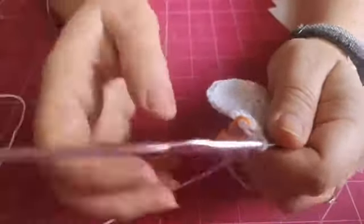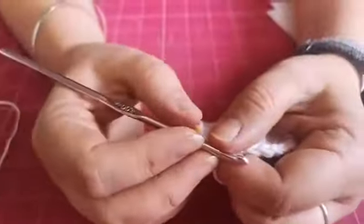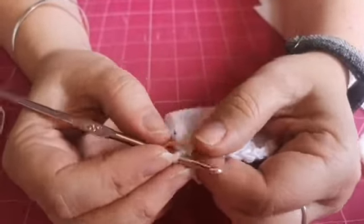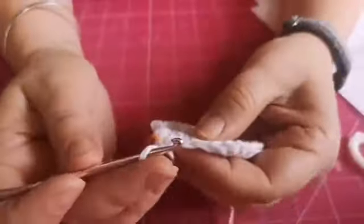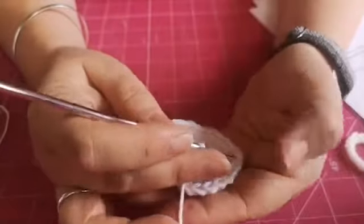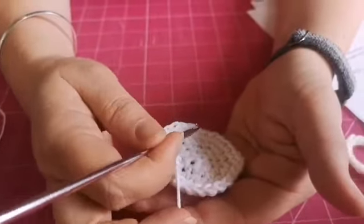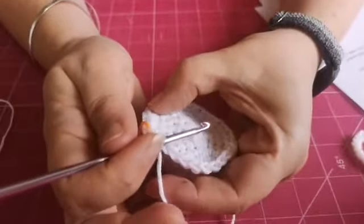Let me know. So that's that next round done, and then the last round is... Oh no, sorry, that's it. So that was the 3. Hang on, let me just count my stitches, make sure I got that right. 1, 2, 3, 4, 5, 6, 7, 8, 9, 10, 11, 12, 13, 14, 15, 16, 17, 18, 19, 20, 22, 23, 24, 25, 26, 27, 28, 29, 30. Yes, there we go. So now you've got 30